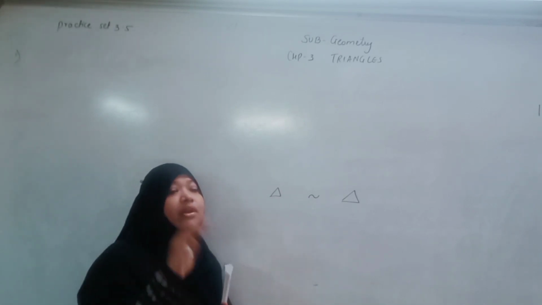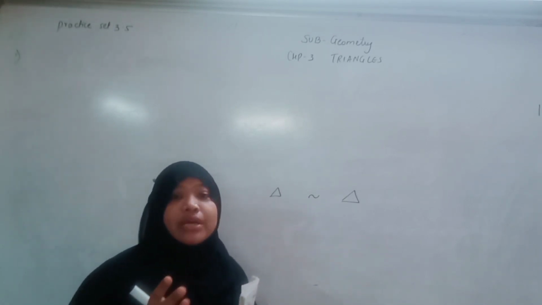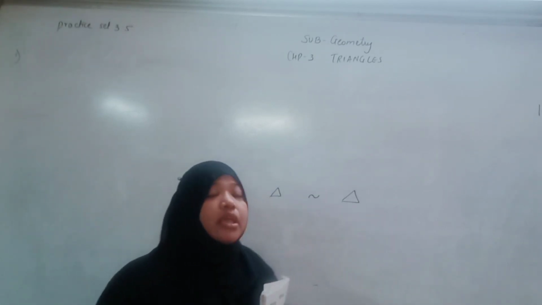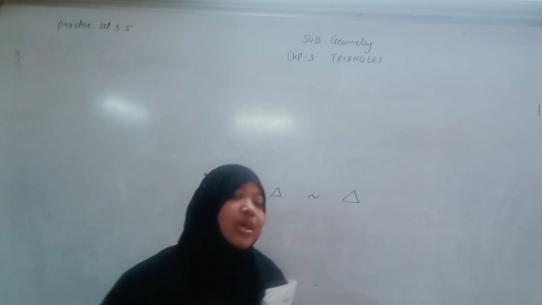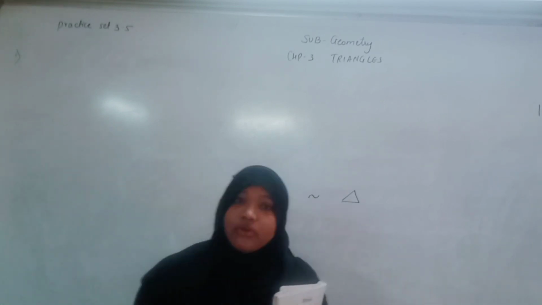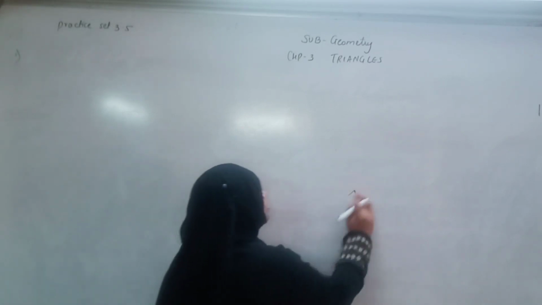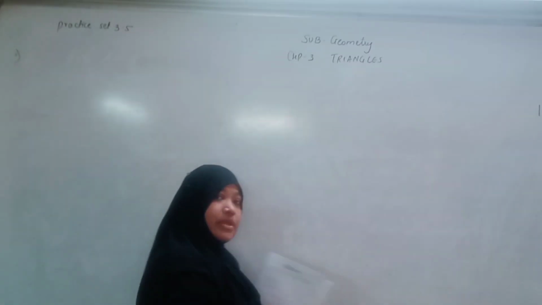Understood? Now what is the remaining part? If a side is remaining, we will go for the corresponding side of a congruent triangle. If angles are remaining, I will do the corresponding angle of a congruent triangle. You know very well that we have done this in the last exercise only. Okay students, shall we start?